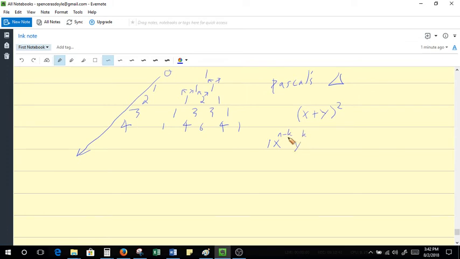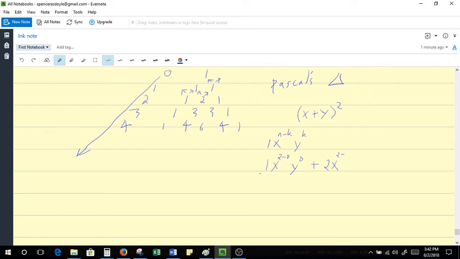So they're just going to go in reverse order. 2 minus 0 is just going to be 2, and then when k is 0, that'll be 0. So what this ends up looking like is 1, x to the 2 minus 0, y to the 0,